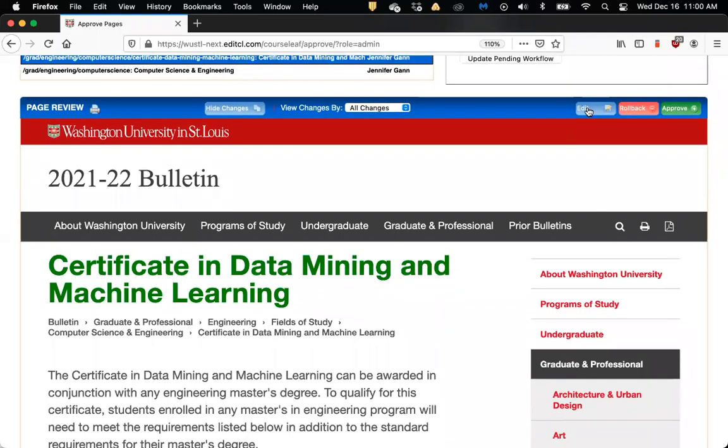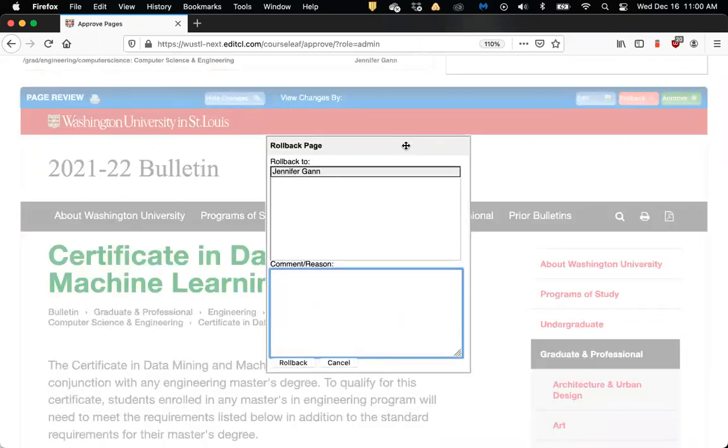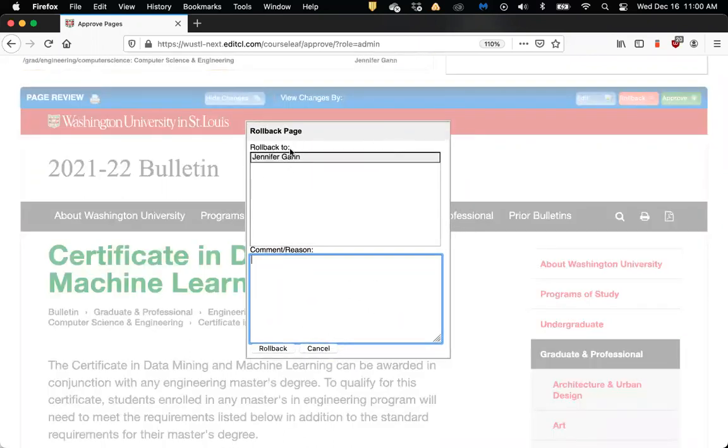Now, in the rare case that you have issues with the page that you're reviewing, you do have the option to send it back to the author. You have this icon called rollback. When you click on that, it will by default show the author's name. If you are going to roll back, you're going to say why you're rolling back in this box here, and then select rollback.